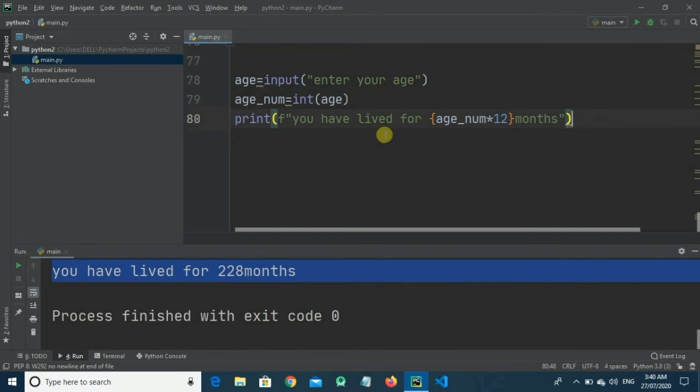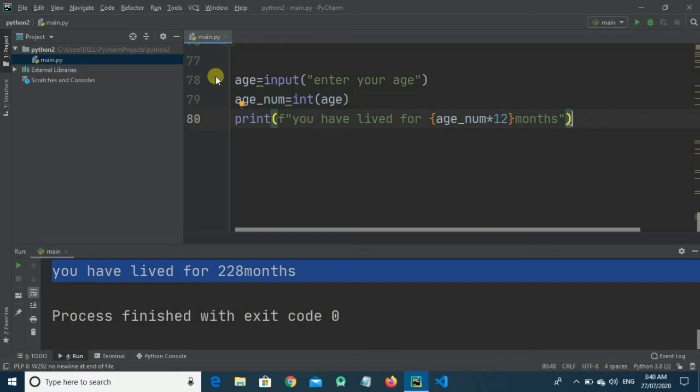Okay, so why didn't we get the correct result in the first place? What we did was we tried multiplying the age variable by 12. Here you can see that the age variable is declared as a string, and we cannot multiply a string by an integer. So if we try that, our program won't be able to give the right result.